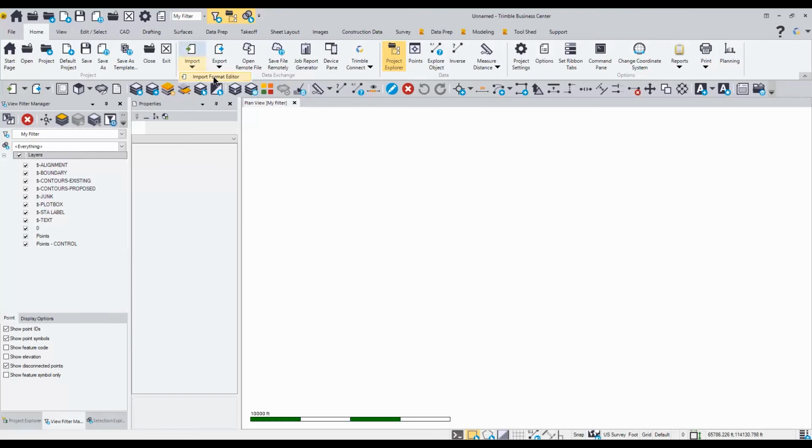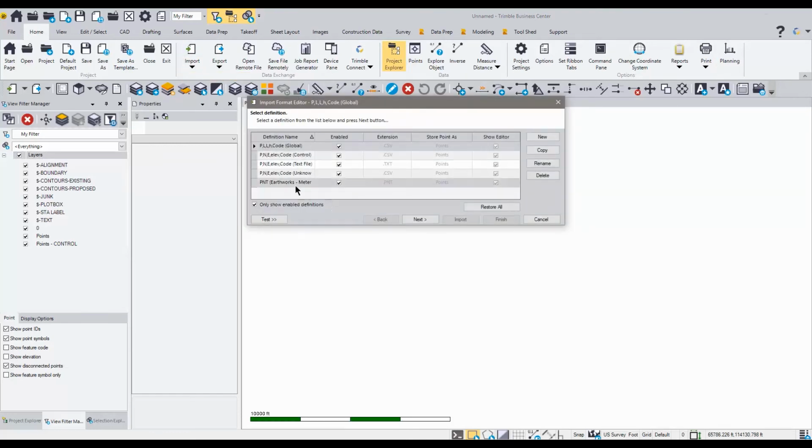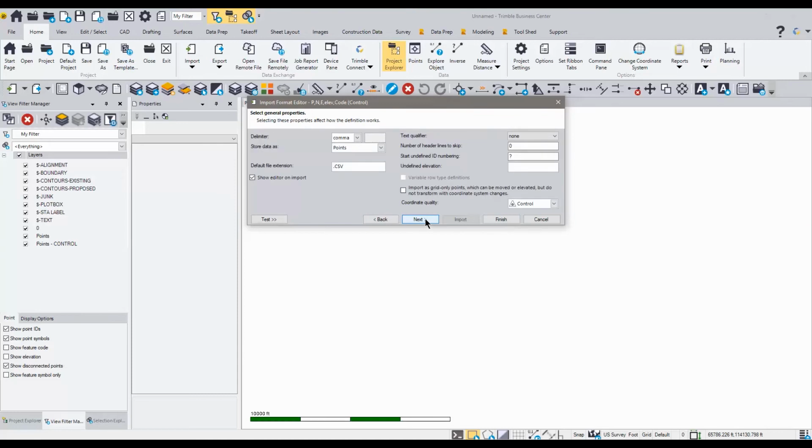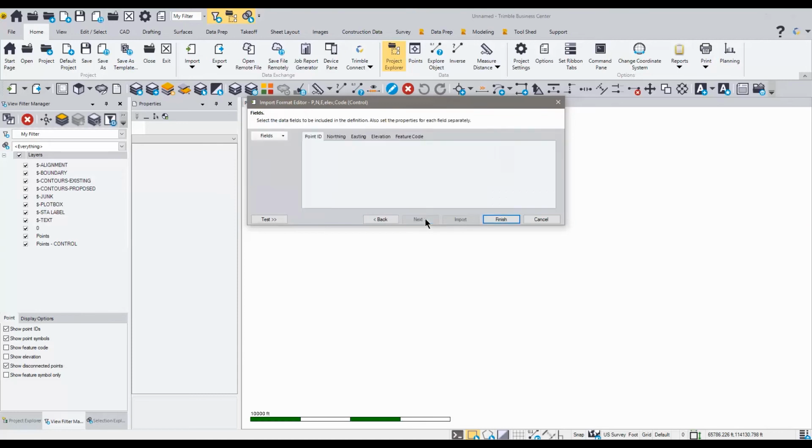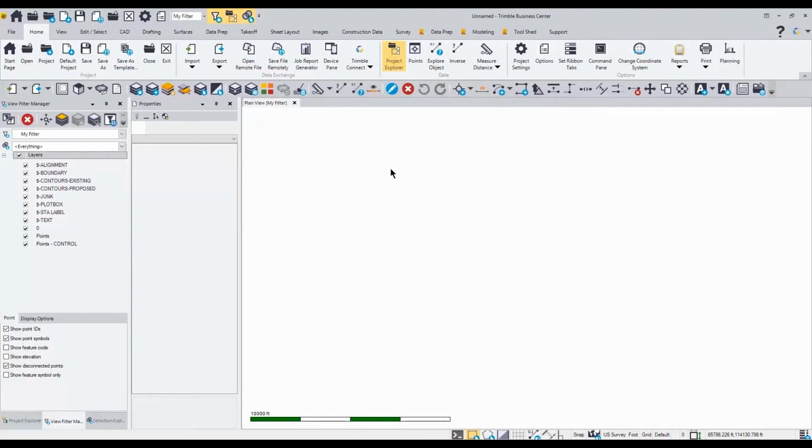We can also go ahead and just double check our control. So this is point, northing, easting, elevation, code under control. So this is the other one we're going to use. So we could hit next and just double check these, and you can see here northing, easting, elevation. We shouldn't have to make any changes here, so I'll just go ahead and hit cancel. So those are the two imports that we're going to use,